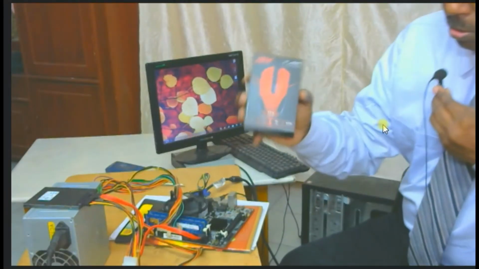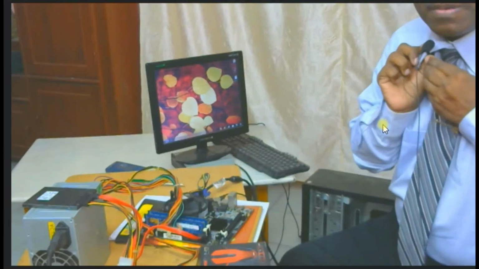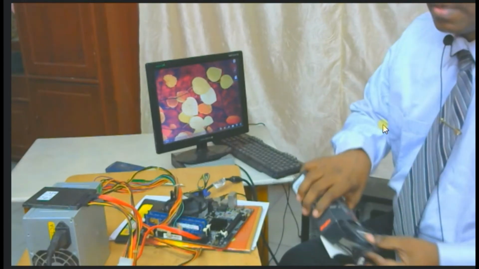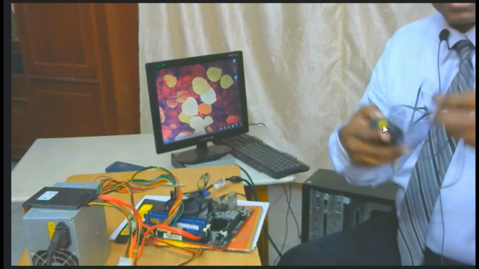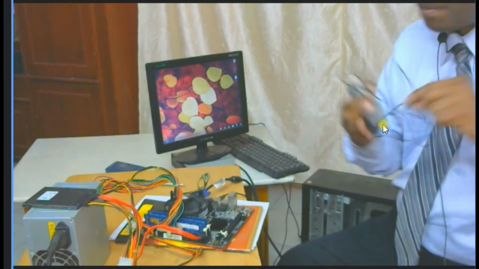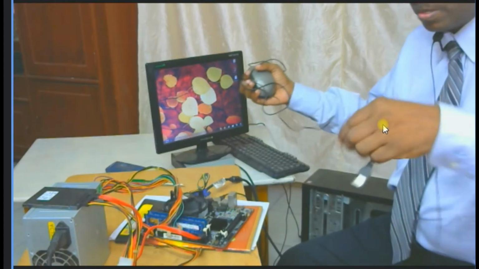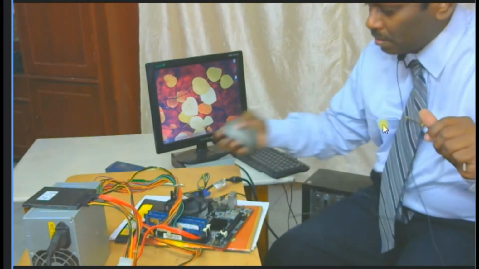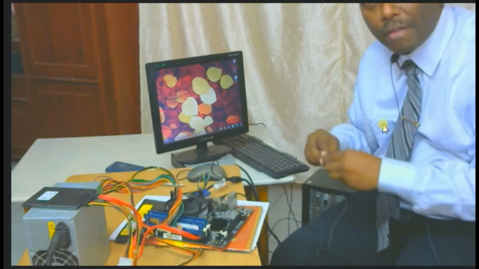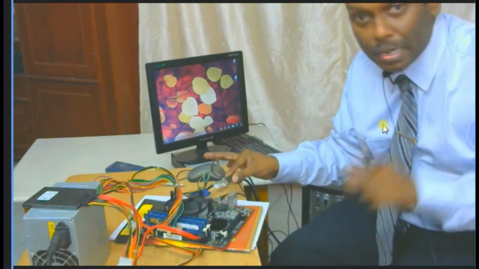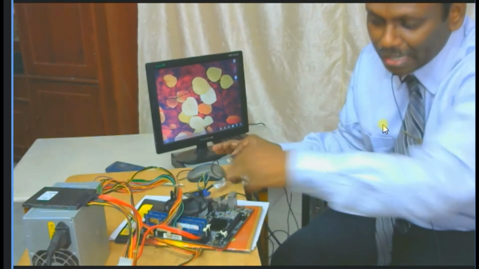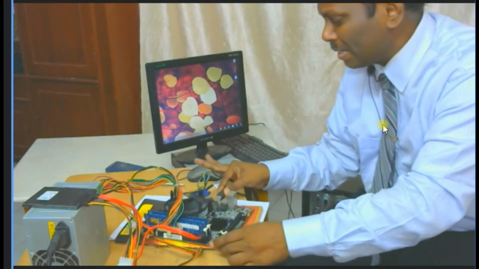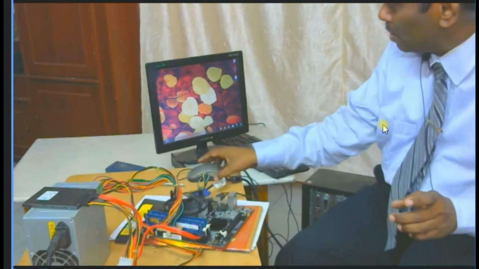This is the mouse. The normal mouse. This is my mouse, which is a used one, but a mouse. What I am going to do is connect this mouse online. You can connect it during power on itself. But the hard disk, no, because it is internal. Okay, I'm just connecting it. Yeah, I have connected now.